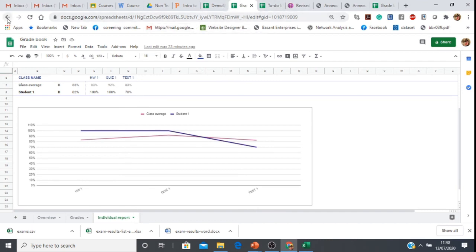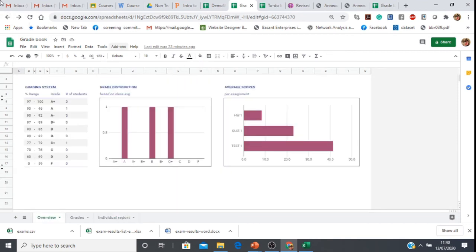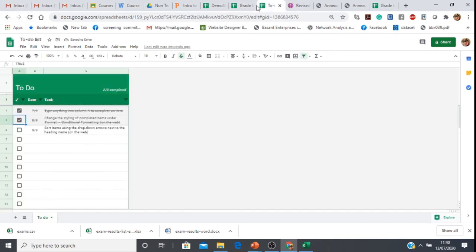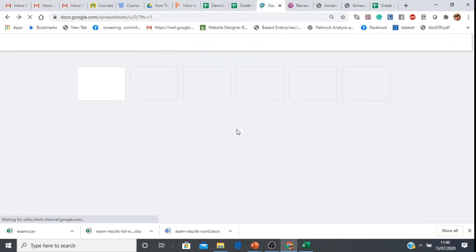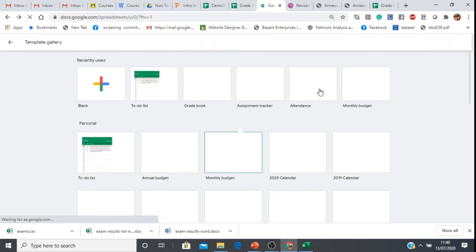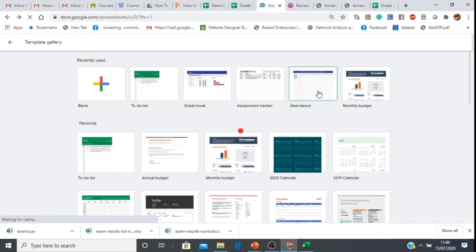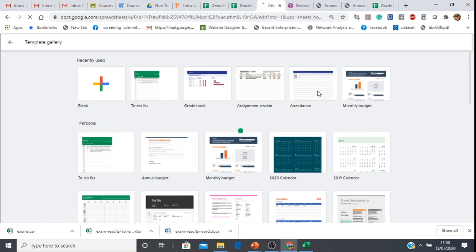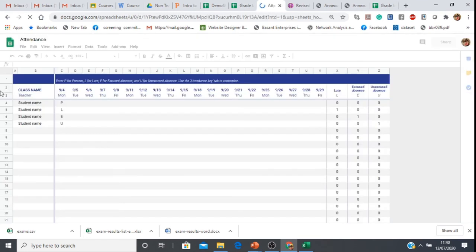Similarly, we have an attendance template. See, this is an attendance template. Here we can fill in the student name and maintain our attendance sheet.